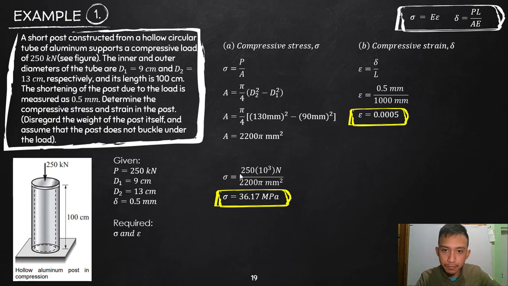And then we have here the inside diameter, 9 centimeter, and then 13, which is the outside, and then the deformation, which is 0.5 millimeter. And then the required is the stress and the strain. So compressive stress, okay, by the way,